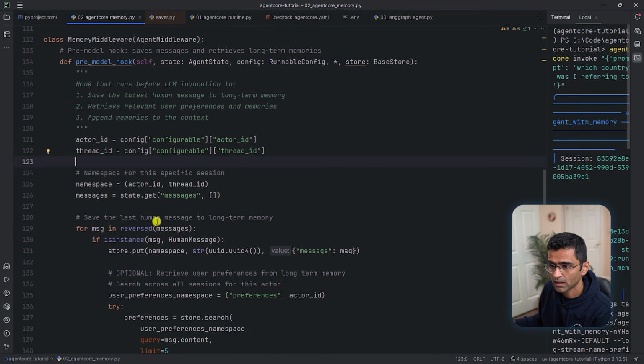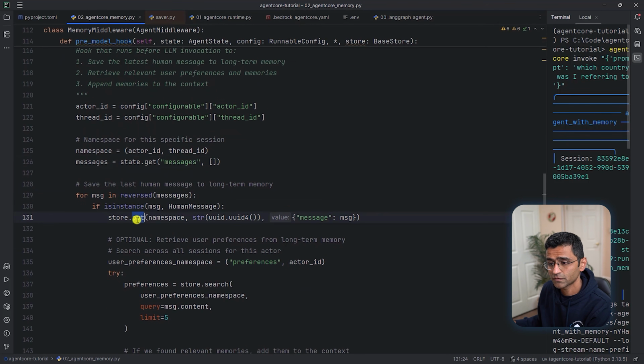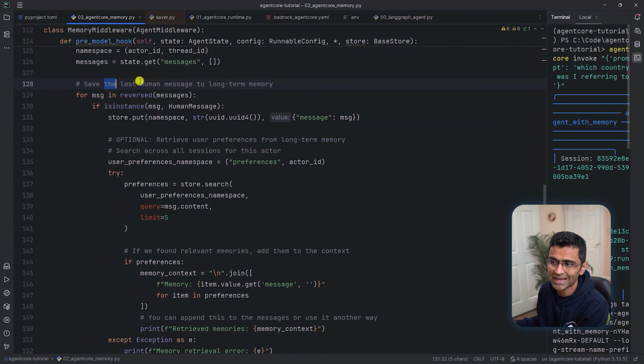So here, from your memory store, pre-model hook. In pre-model hook, you will first get the agent state. So in Langgraph, it's a graph and you get the state. And from state, you are getting the messages. And that message you first put into your store. Okay. And then save the last human message to